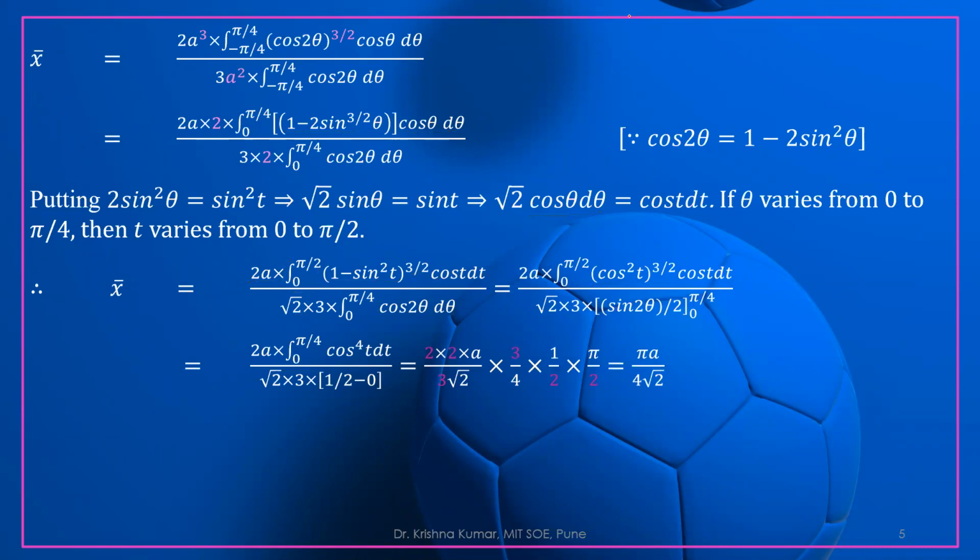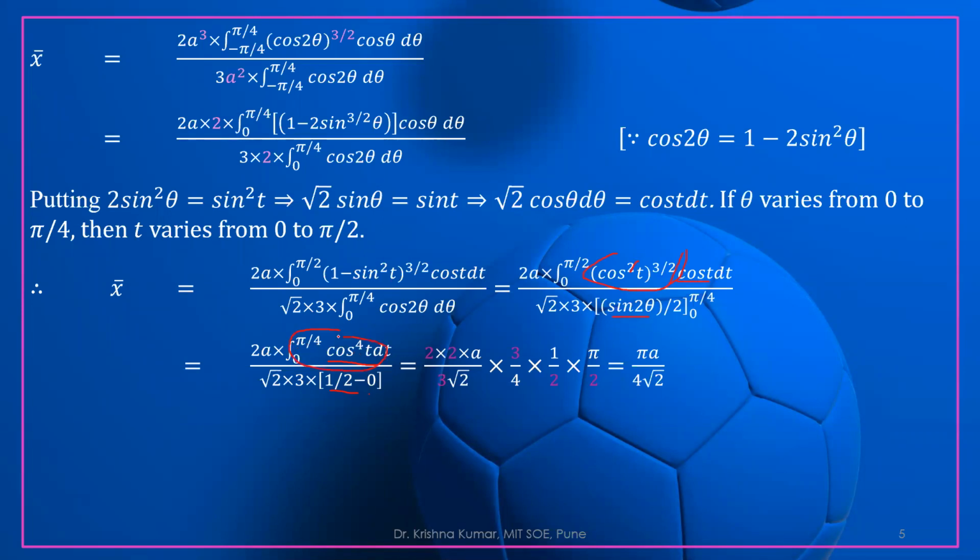So next thing is, if we take this square, so this and this will cancel. It is cos cube t and it is cos t, so it is cos to the power 4t, cos to the power 4t dt. And in the denominator, if you put the value of theta is pi by 4, sin pi by 2 is 1. Okay, so 1 by 2 and sin 0 is 0, so it is 0. So we are getting the value of this part.